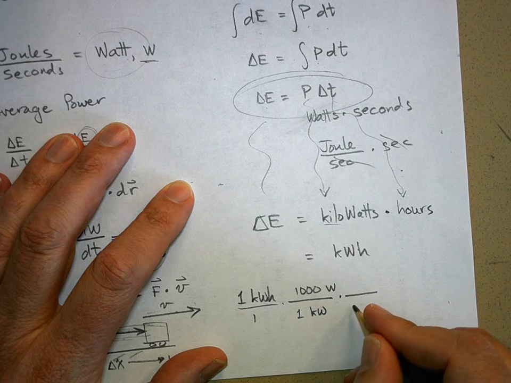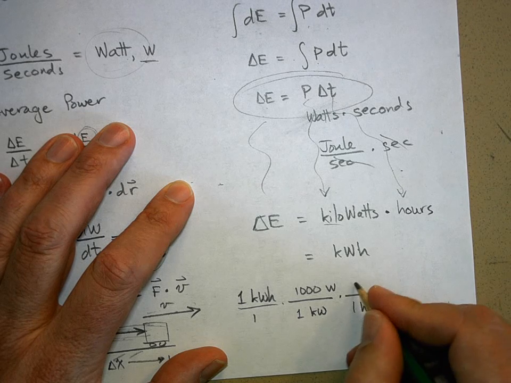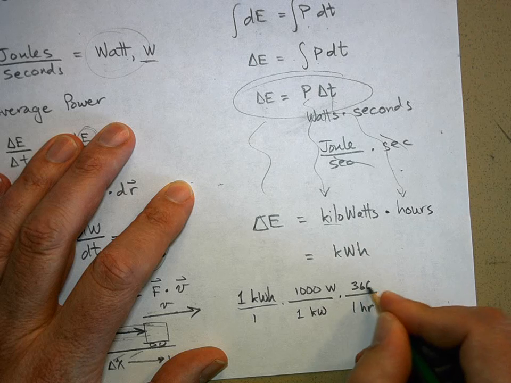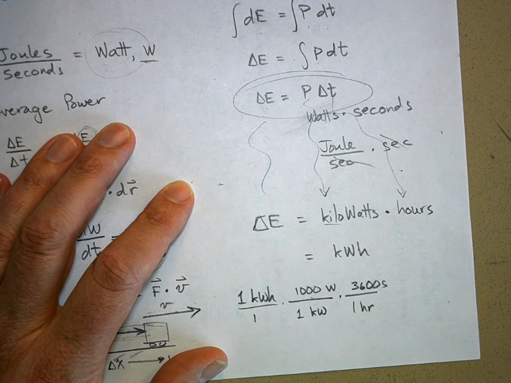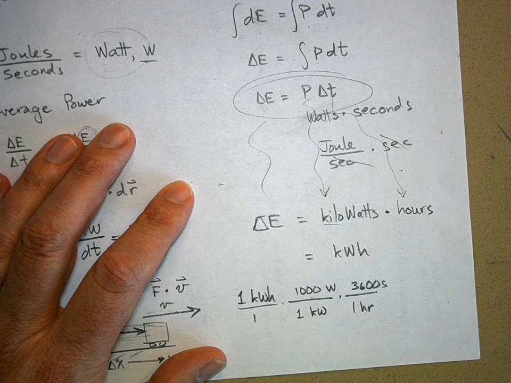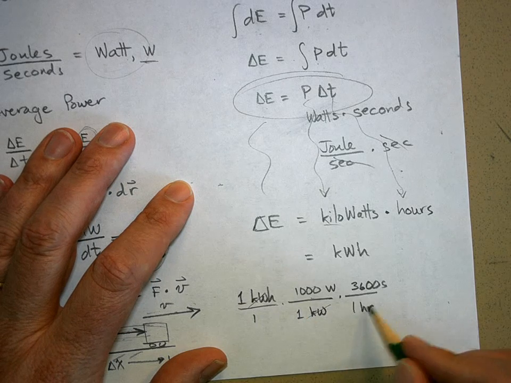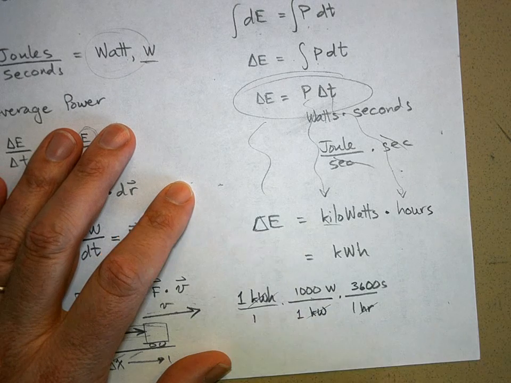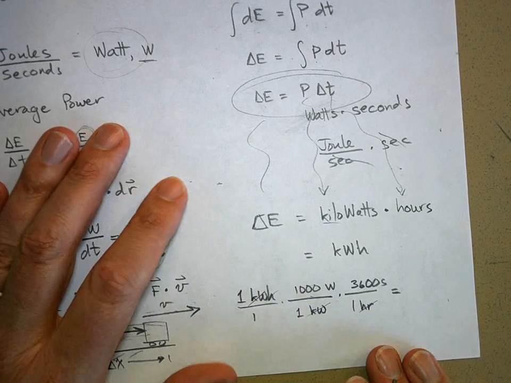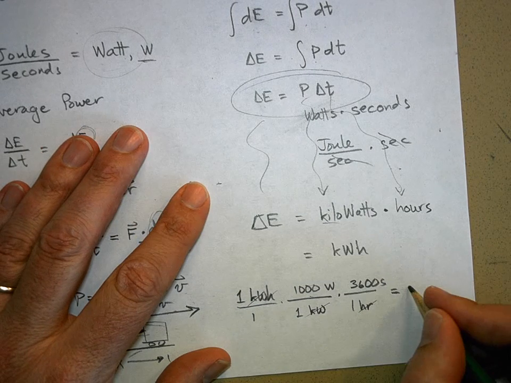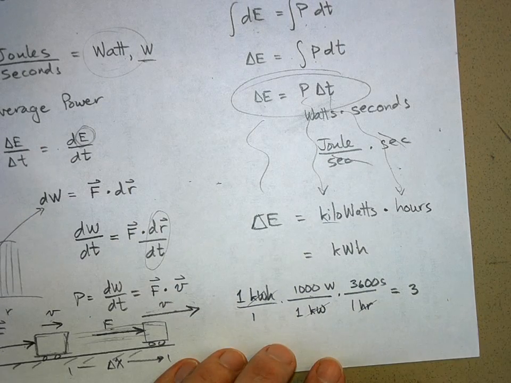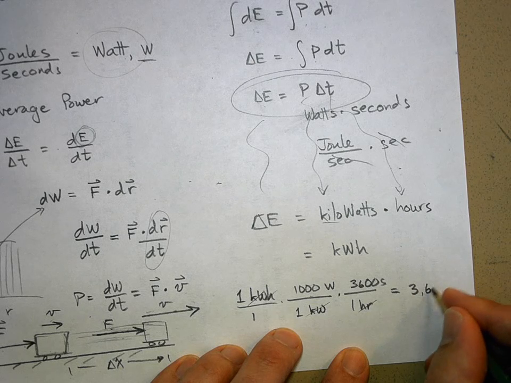And then 1 hour is 3,600 seconds. So 1,000 times that, we're dealing with millions here. So that goes away, and this goes away. So 1 kilowatt hour is equal to 3,600,000